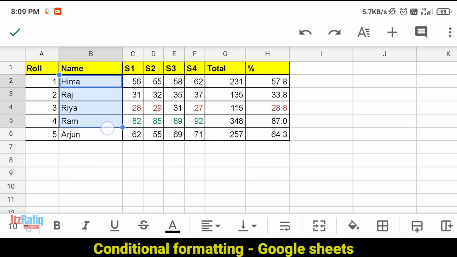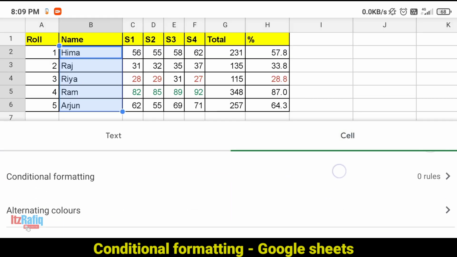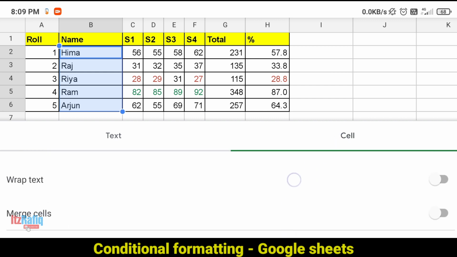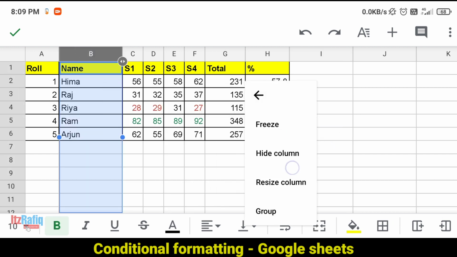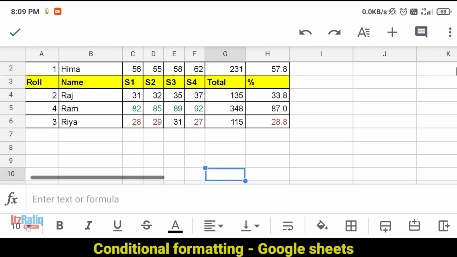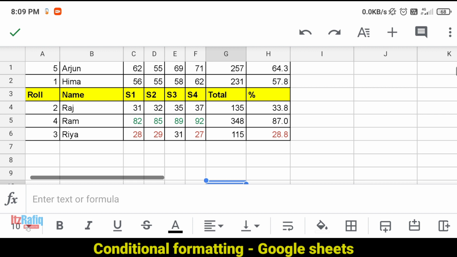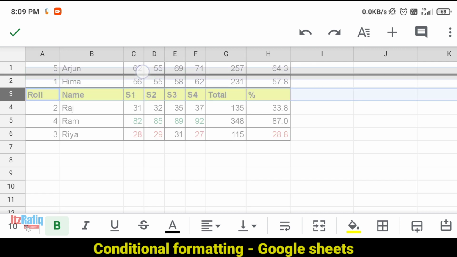We'll select only the name, and here you will get one option, sort A to Z. So here we see the name row also came below, so we can drag it to the top.